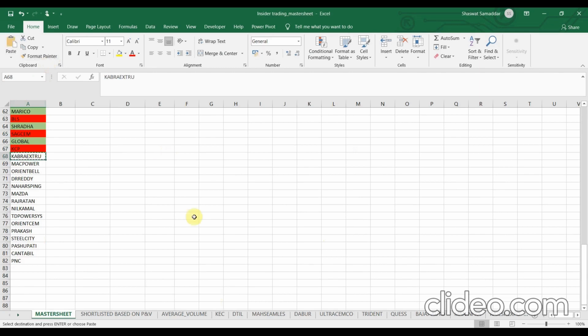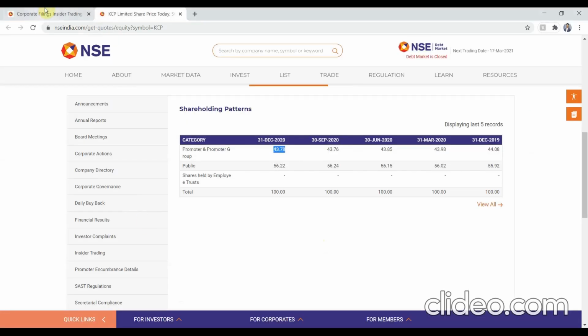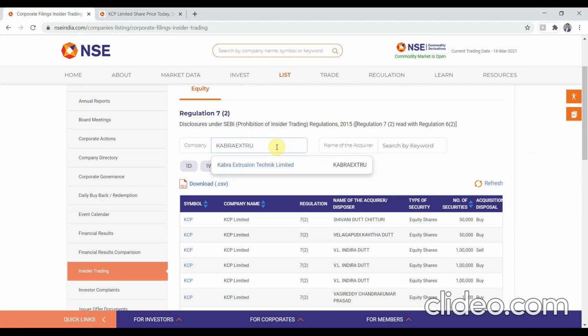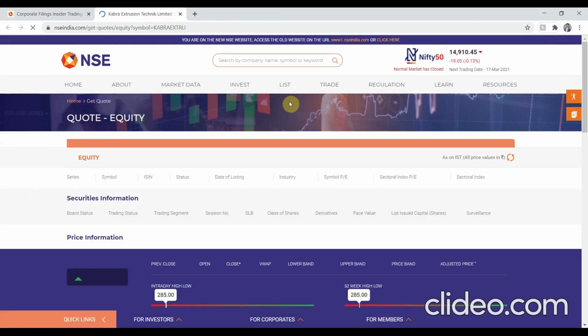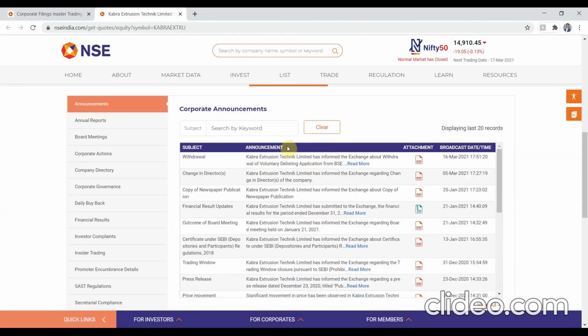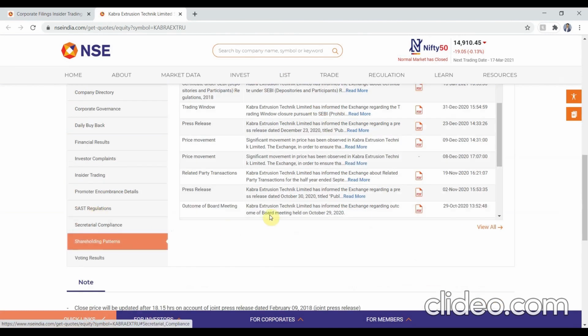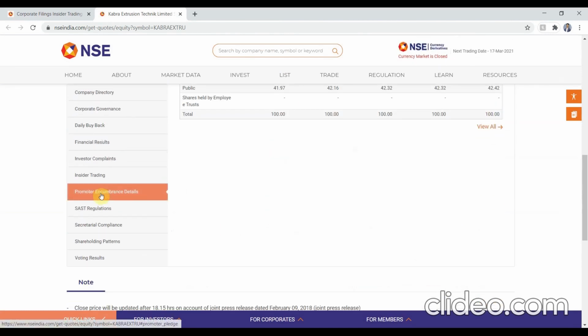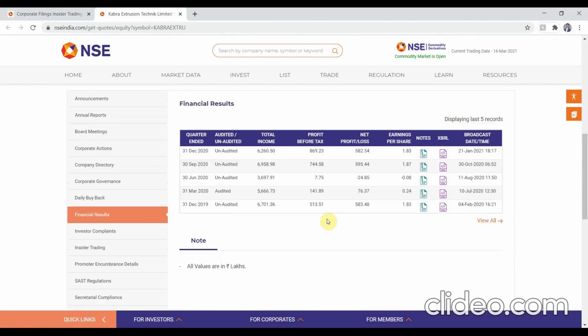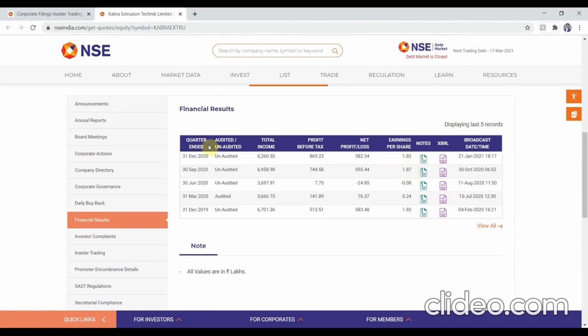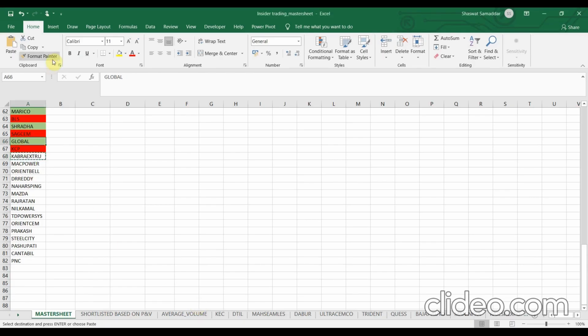Now, I don't know how to pronounce the stock, so let's just quickly paste it. Technique Limited, okay. Now check the corporate information of this. Shareholding 58, okay, good. No pledging. No selling has been reported, and let's check the earnings per share. Earnings per share is a positive number. So this is going to be a green stock for us again.